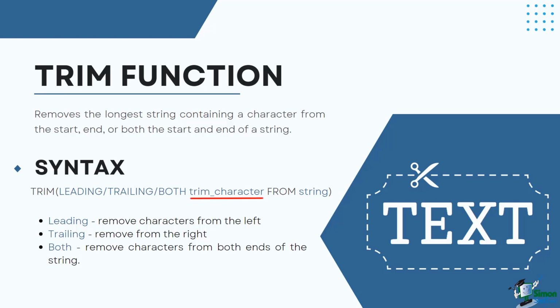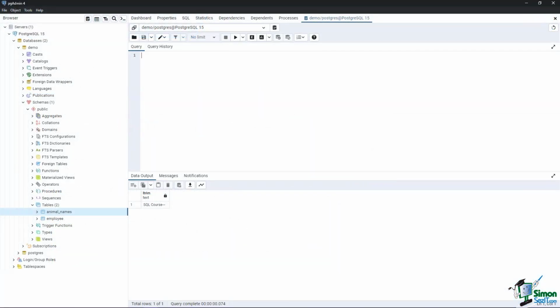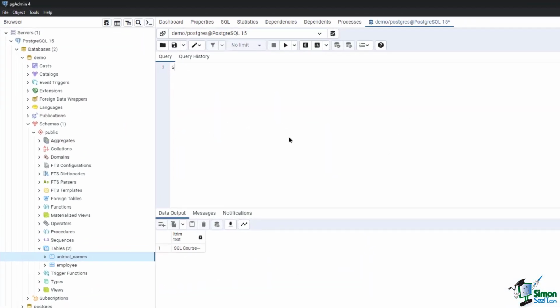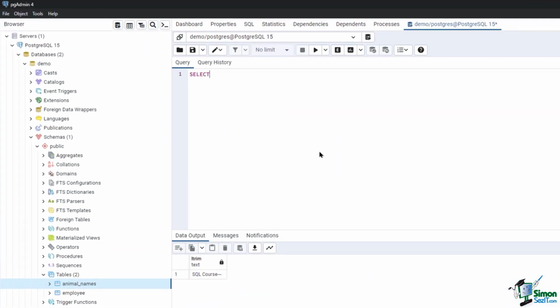TRIM's characters argument is the set of characters to remove. If no characters are indicated, it will trim spaces, while string is the text expression or field to trim from. Let's use it on a query by typing SELECT TRIM, open brackets, BOTH, space,